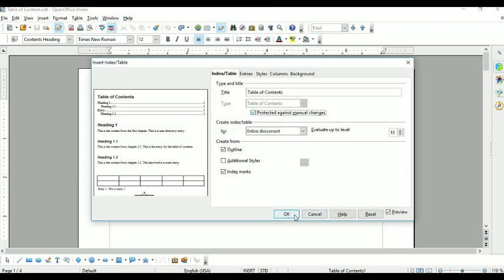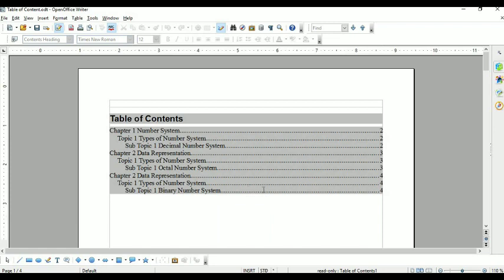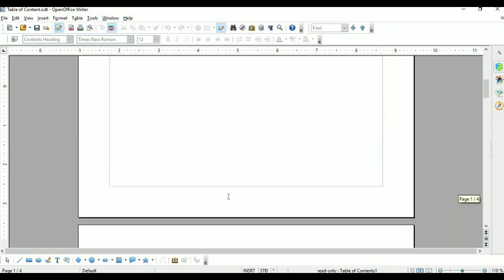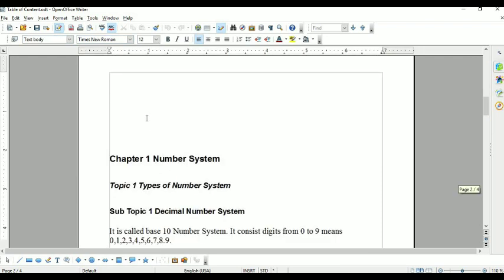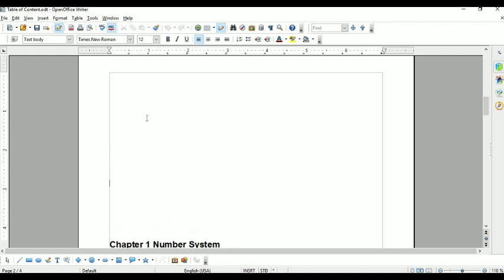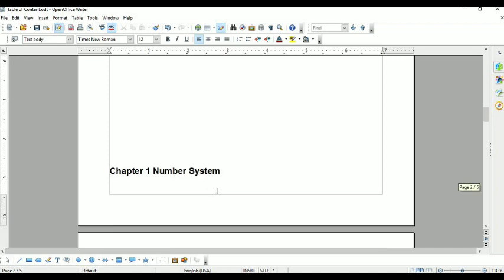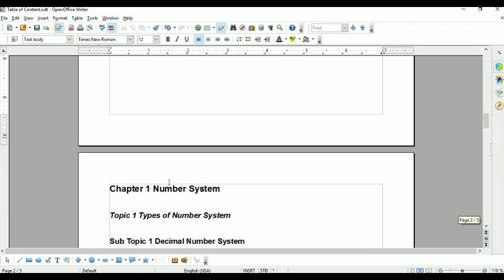Is it clear? Then suppose that I want to modify this document, means this chapter 1 I want to place in the third page. Press the enter key many times. Once you get page number 3, now see, this is available in page number 3.